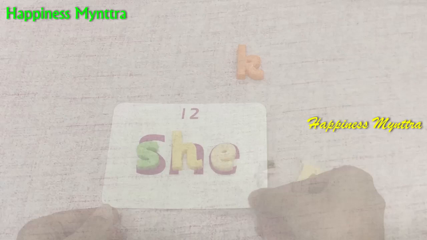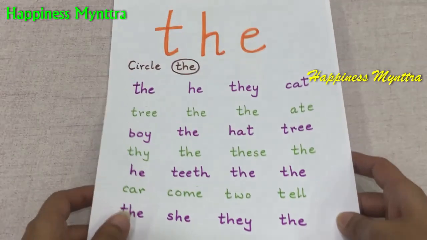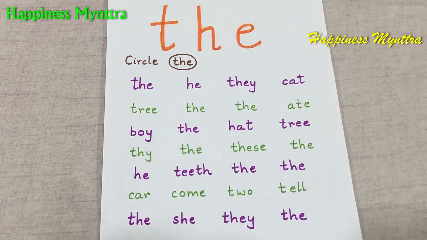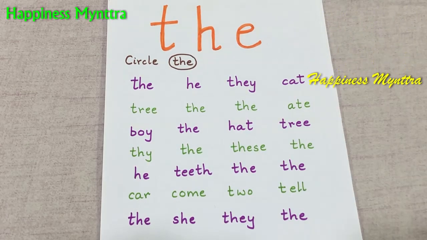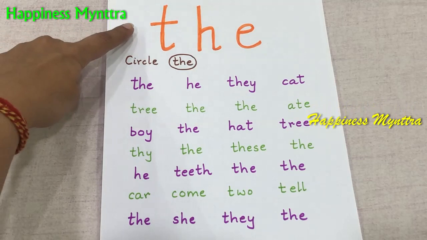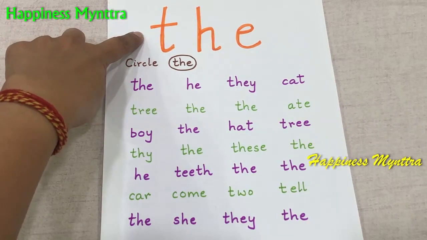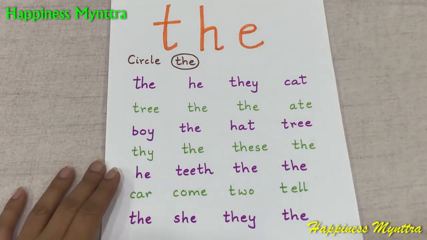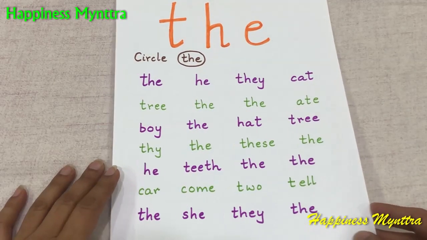Moving on to our next activity, I have a set of worksheets here now. This is a scanning worksheet which is an excellent way of teaching a sight word to the child. So the word that needs to be taught is written right here at the top. The child can trace over it. It kind of gives them more focus on the alphabets which are being used.